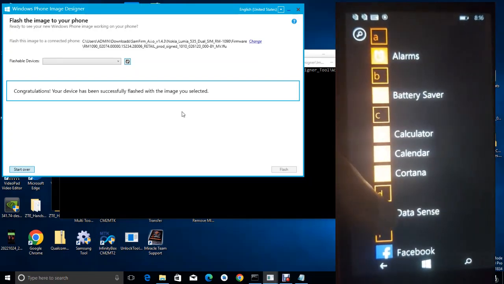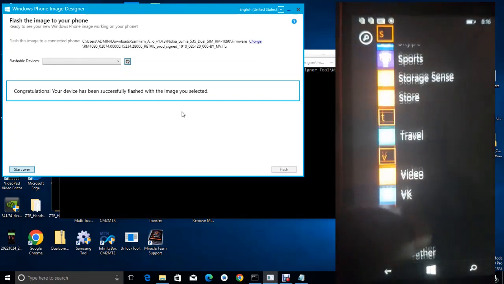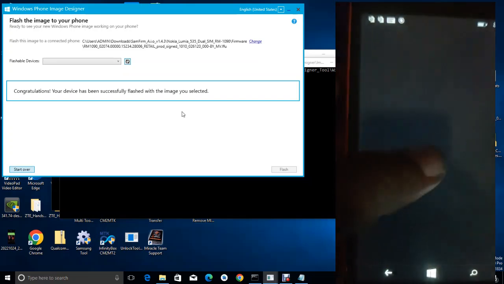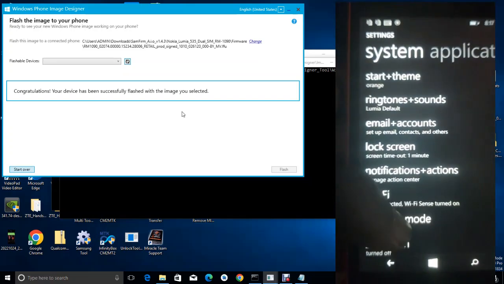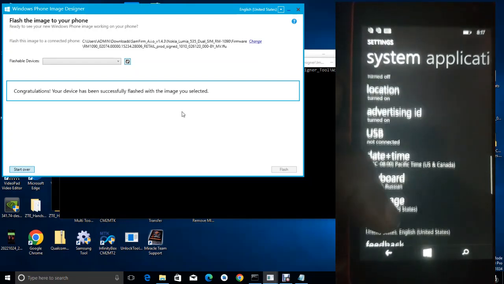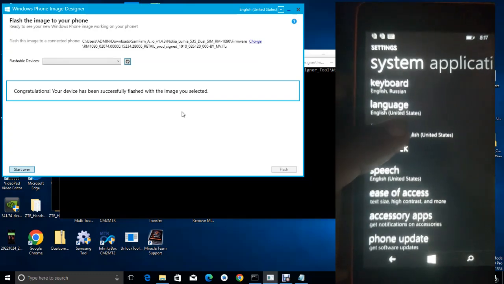Sometimes if you are a technician, you can just play with a phone, but you have to be careful, like flashing it with a higher file and downgrading it with a lower file. So this is now 8.1. It's now 8.1, but before it